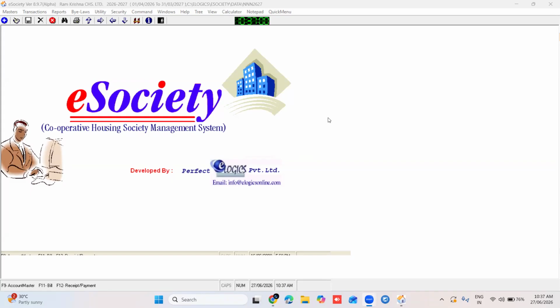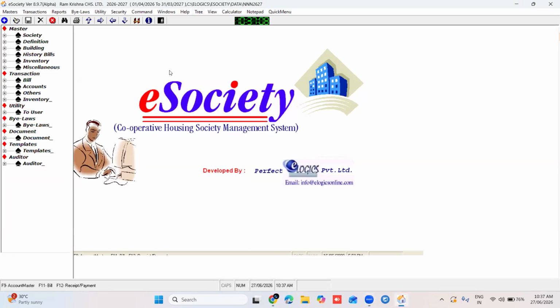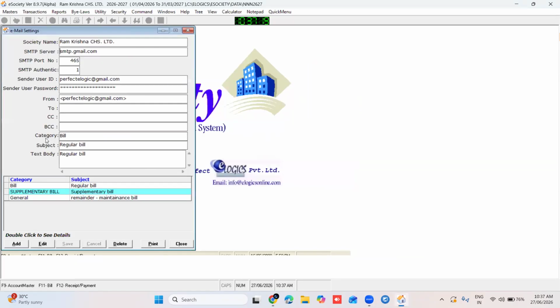The first step of setting this data backup functionality. For this, first we have to go to tree. Then here in utility to user, go to email setting.